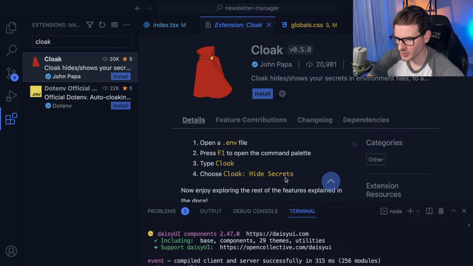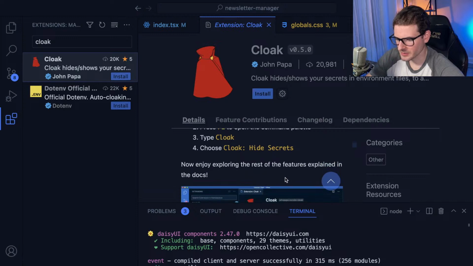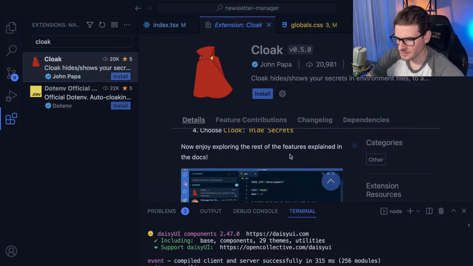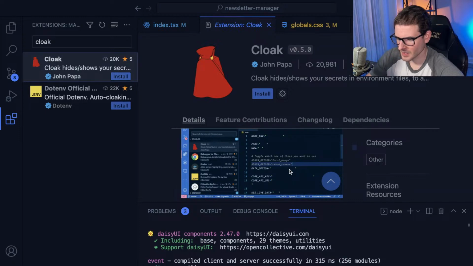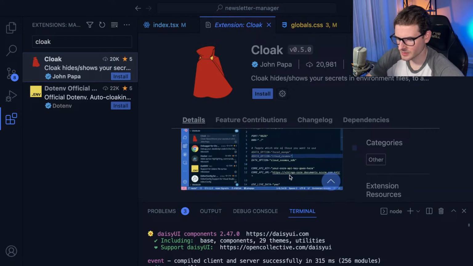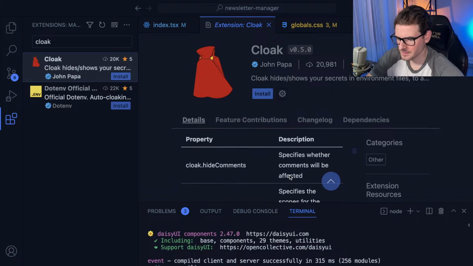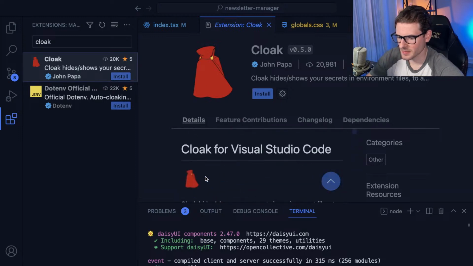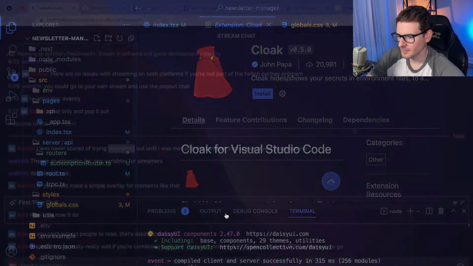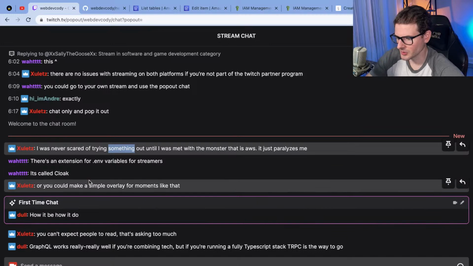Press F1 to open the command palette. Type cloak. Choose cloak hide secrets. Okay, it hides your secrets. Pretty cool. Might check that out. Does it do it by default? Probably a good thing to have anyway.